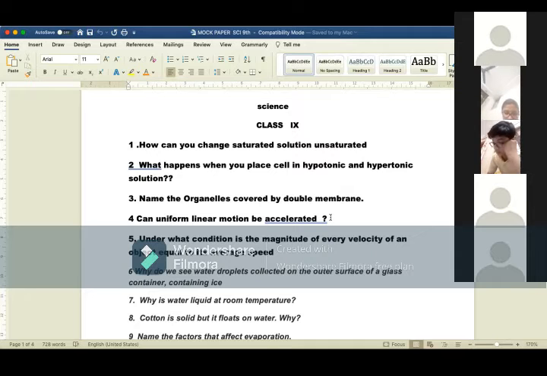Yes, ma'am, the speed is not changing. And it's a linear motion, uniform linear motion. So linear motion is in one direction only. So neither the direction is changing nor the speed is changing. So can that motion be accelerated? No, ma'am. Either one of the things has to change, either the direction changes or the speed changes, and nothing can be changed in uniform linear motion. If a body is maintaining uniform linear motion, it is not changing either the direction or the speed. So therefore, it cannot be accelerated.